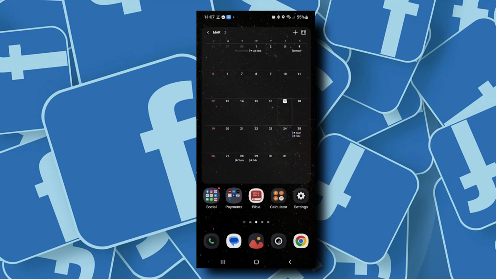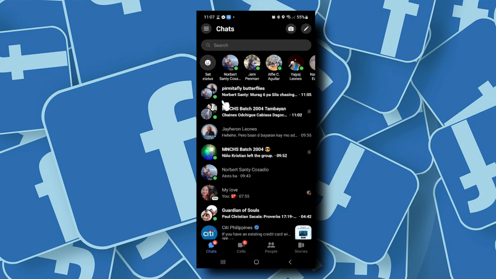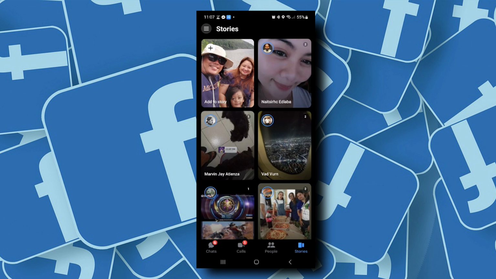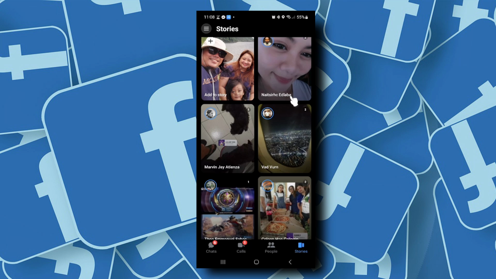So in today's video, I am going to show you how to fix Messenger story not showing. So let's start. First, let's go ahead and open up Messenger. From here, if you tap on stories, you should be able to see the stories of your contacts in Messenger. Now, if there are some stories that do not show in here, what you can do is